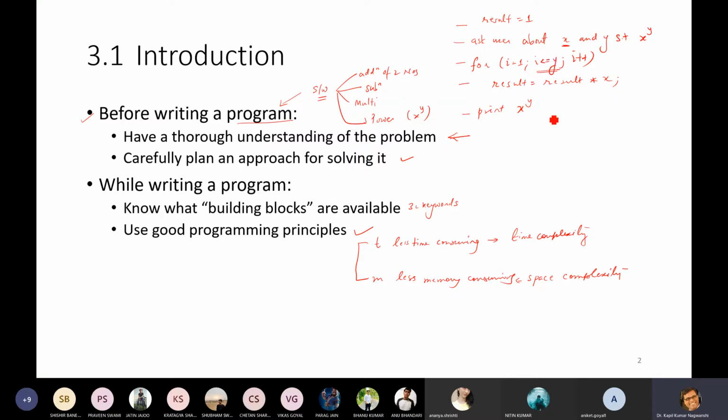So it will run from 1, 2, 3, 4 up to y steps. Initially it will start with 1 into x. Then the next step is 1 into x into x, which means x square. Then 1 into x into x into x is x cube, and up to 1 into x up to y times.